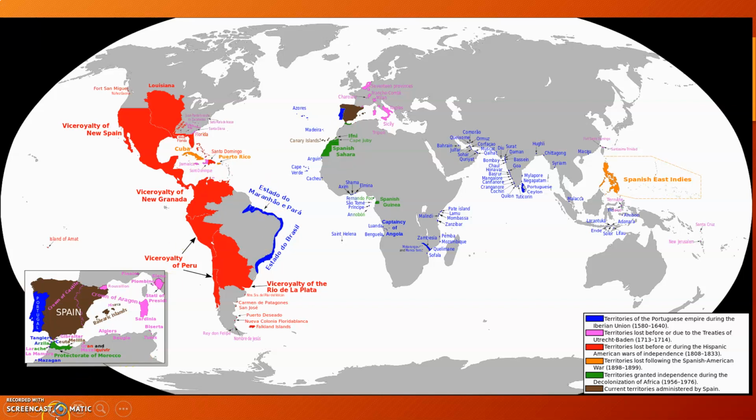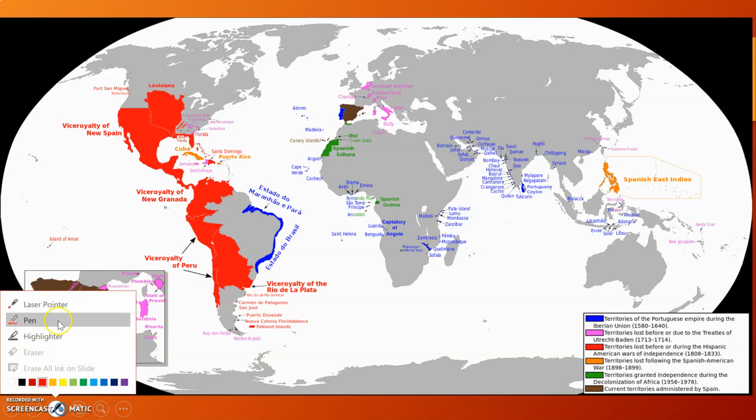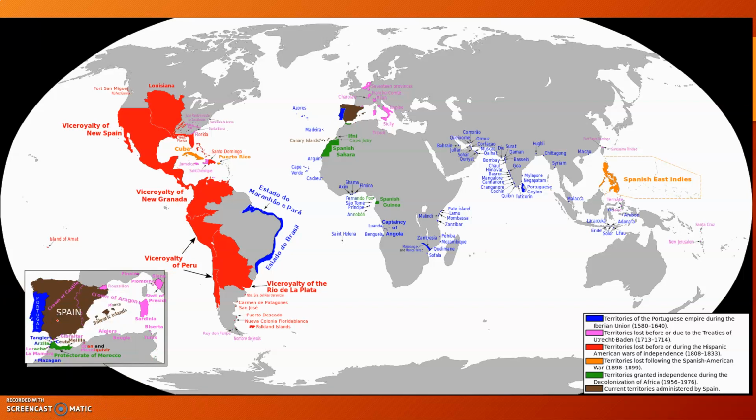And this was a problem because they both claimed all of the Americas for themselves. And so, being that both of these countries were Catholic, they appealed to the Pope in Rome and said, hey, Pope, who gets the Americas? And the Pope said, well, both of you. The Pope basically drew a line. That's a terrible line, but we're just going to roll with it. It's really more like here. There we go. And that was called the line of demarcation.